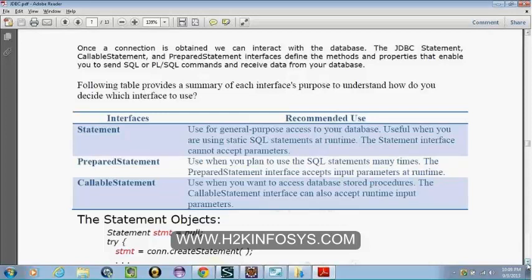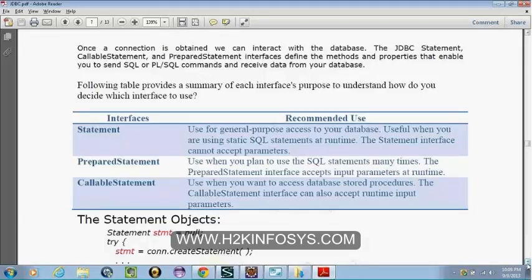But when you want to use the same SQL statement multiple times, I replace the values with question marks. I say update actor, set name is equal to question mark, where actor ID is equal to question mark. The actor name and the ID, I'm not putting in now; I'm going to set them later. The same statement can be executed multiple times with different input parameters at runtime. So we create one prepared statement, and we can execute it multiple times with different parameters.